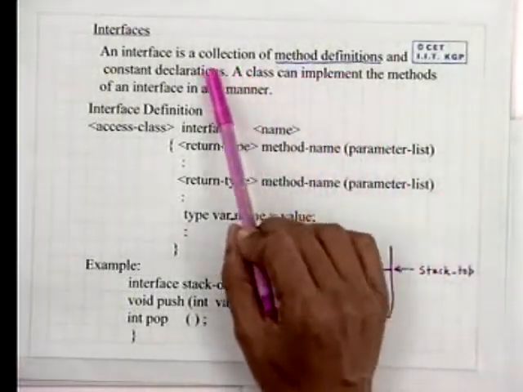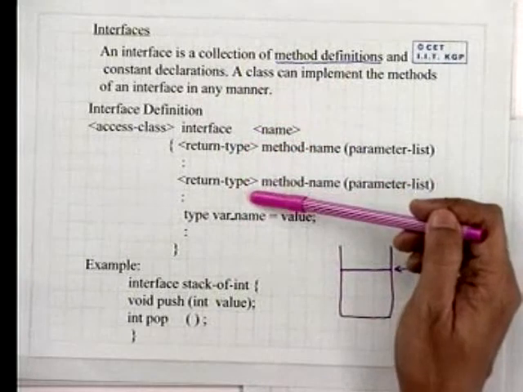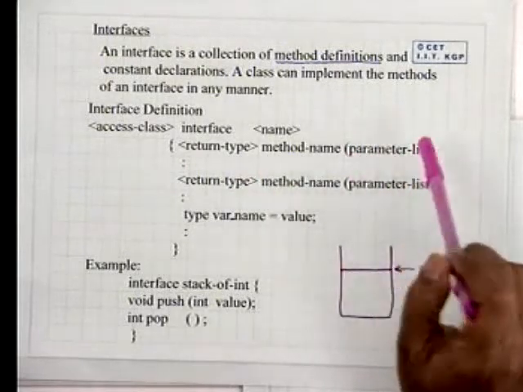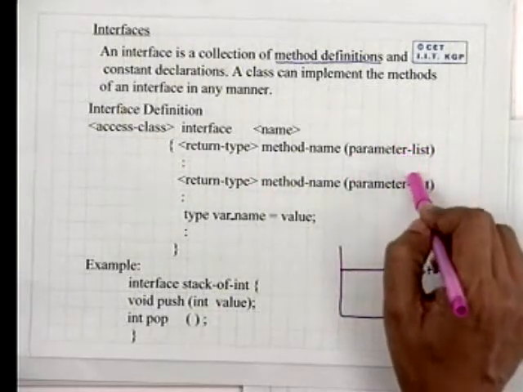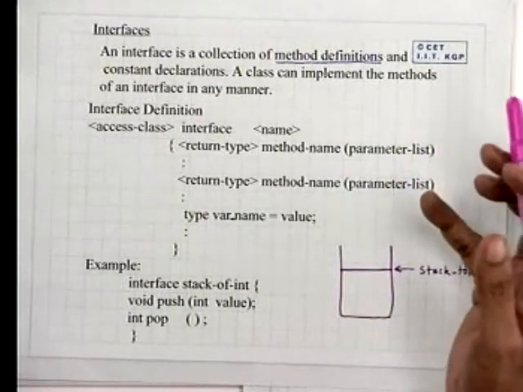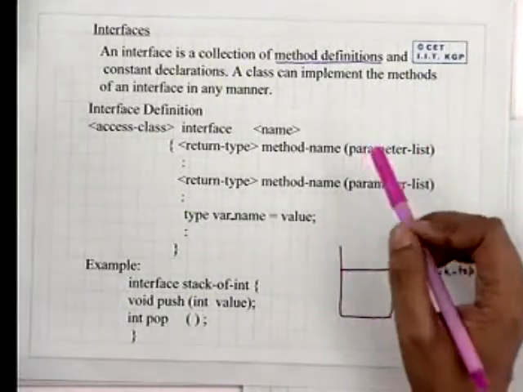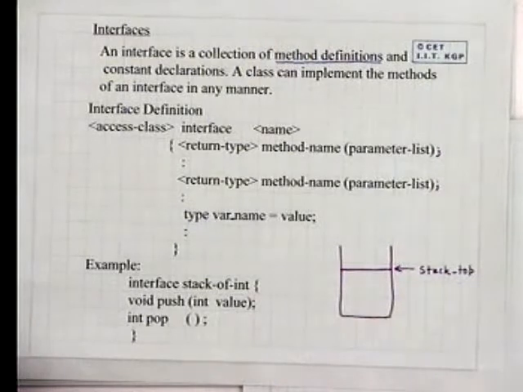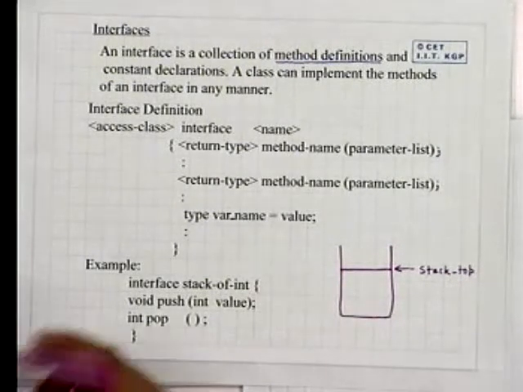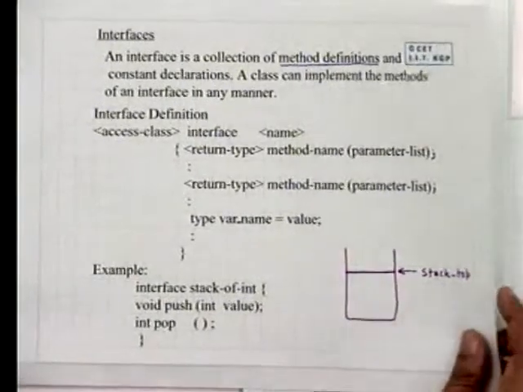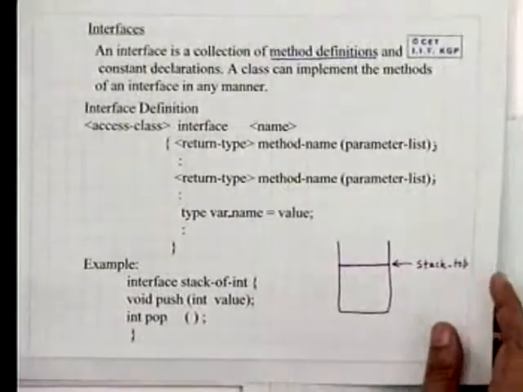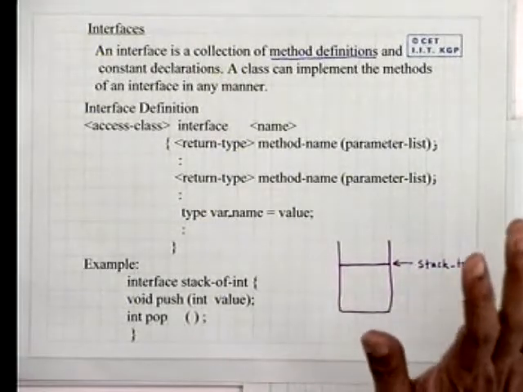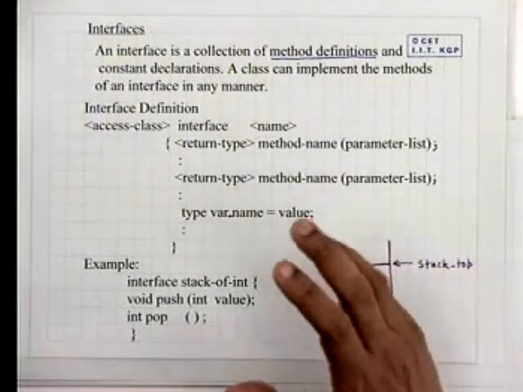So we have an interface, which, as I mentioned, is a collection of method names and definitions, not the code. The moment we give the code, we have given its implementation, and that is not of interest. So we have the different method names in the list, together with the types, variable names, and constants that you want to use. But we need to have somewhere this idea that the stack of int is to be implemented.